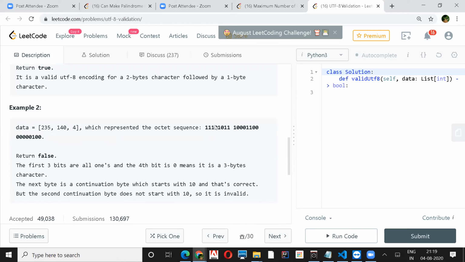But 3 minus 1 is 2, so the remaining n minus 1 bytes should start with 10, the most significant bits should be 10. They have that correct in one place, but here it is wrong.